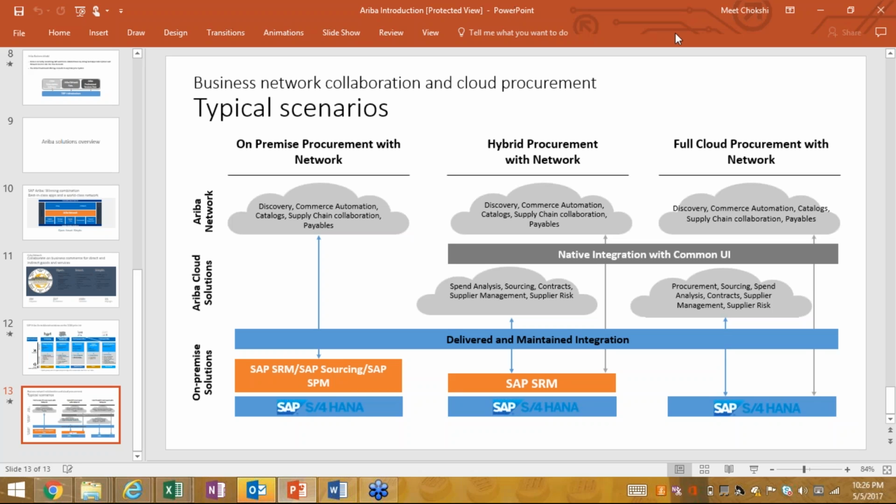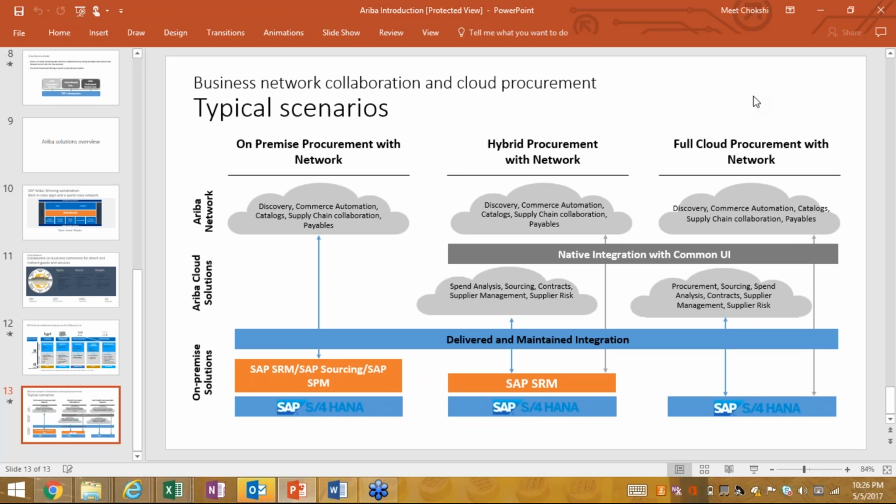Okay. I will go to the rightmost part, where it's a full cloud procurement, right? So everything we can do in the cloud. If you know SRM, it's kind of extended classic and then extended scenario. So this is where everything happens in Ariba.